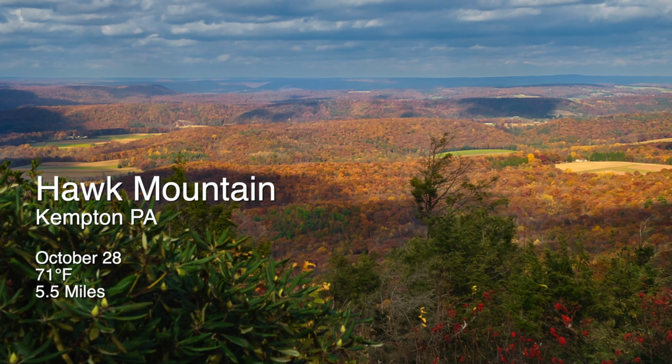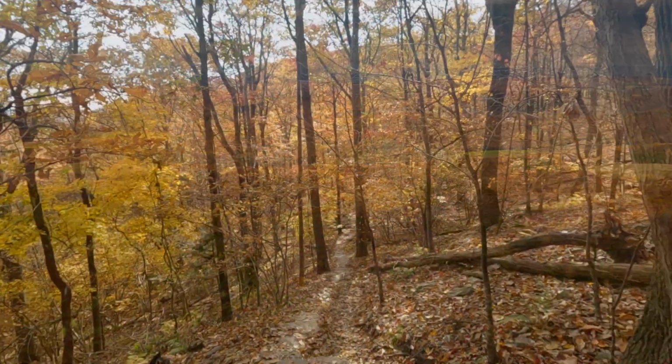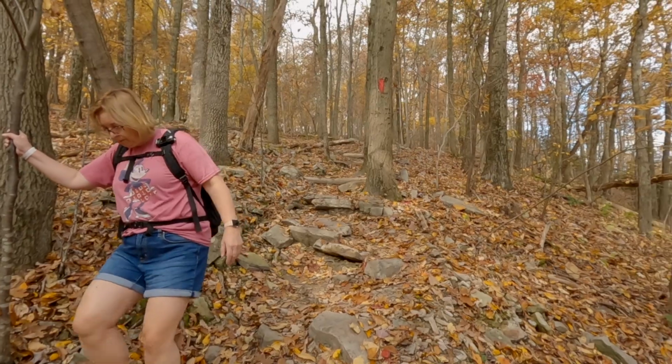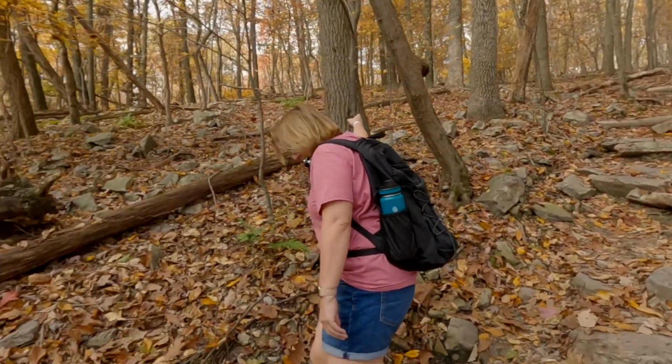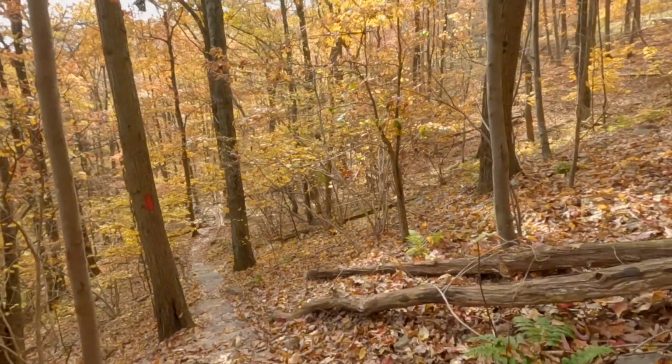Hawk Mountain Sanctuary is a great place for hiking, bird watching, and enjoying gorgeous mountain and valley views. It's located in Albany Township along the Appalachian Flyway in eastern PA. It does cost $10 to get in, but it's well worth the cost, with friendly staff pointing out each bird